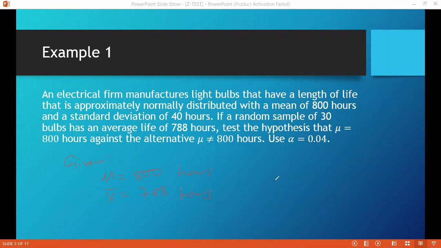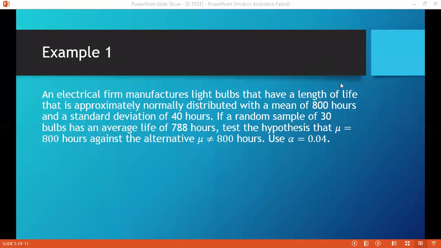Then we also have small letter n equals 30 bulbs. And then the standard deviation is equal to 40 hours. Also, we know that alpha is equal to 0.04. So now, let's proceed